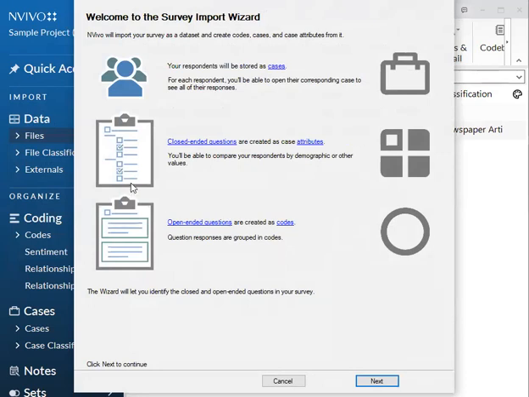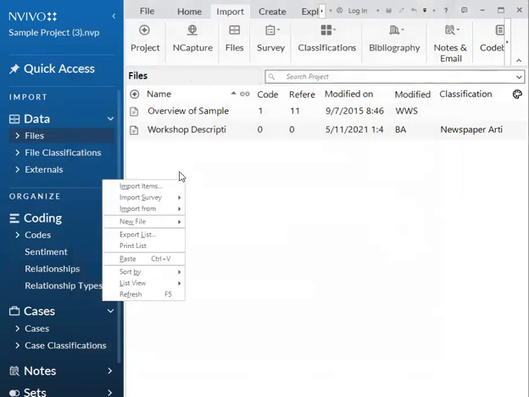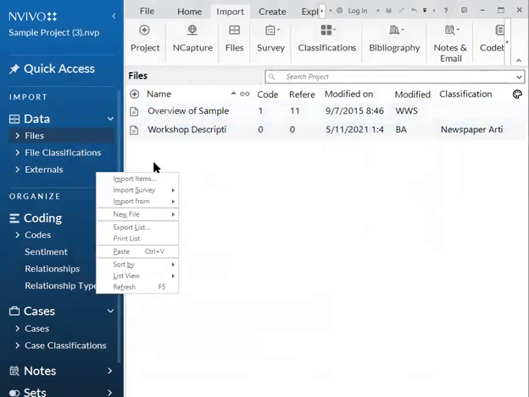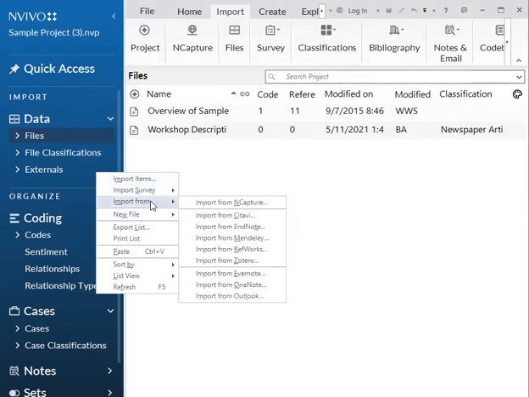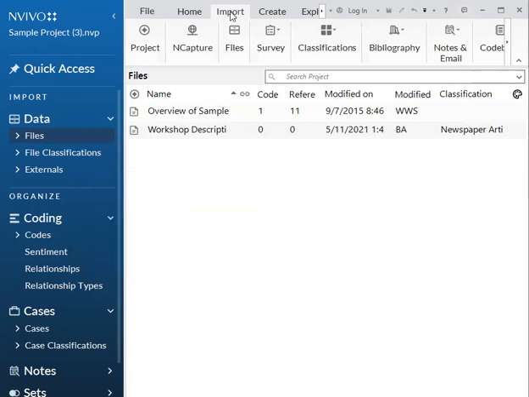And another option I'm going to show you just before we do that is if you right click right below the list of files, you can also import that way. You'll see the options for import items, import survey, or import from new file, etc. So you can also do that way if you don't want to use this import tab.